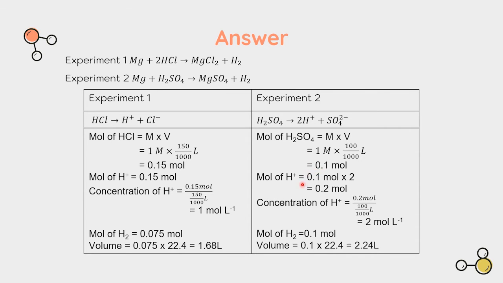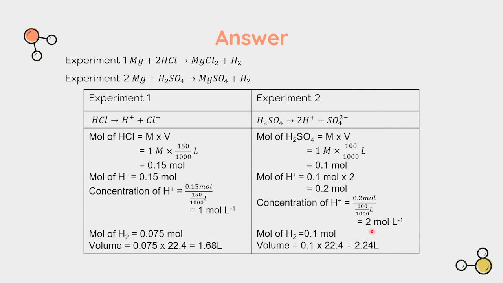And because 1 mole of sulfuric acid produces 2 moles of hydrogen ions, that means to get the mole of hydrogen ions, we multiply 0.1 mole by 2, and so we get 0.2 mole of hydrogen ions. And the same as the first experiment, we calculate the concentration where we will get 2 mole